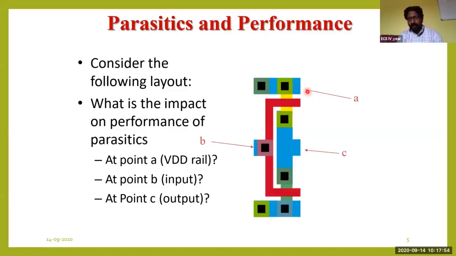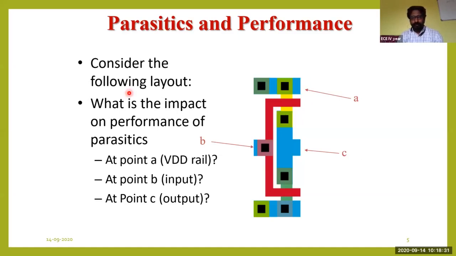Parasitics have been formed at this point at the VDD rail, next one is at the input part, and third one is at the output part. So these are the main three regions where the parasitics have been formed. Parasitics are nothing else but what we call unwanted capacitances or unwanted resistances, which we don't want in our circuit to be formed, but because of the circuit connections, because of the small mistakes of the designers, these parasitics might evolve, and we are supposed to look into that design in order to minimize or remove the parasitics.